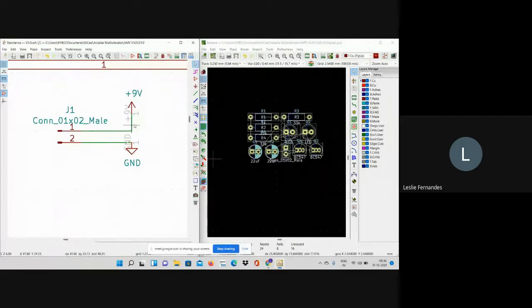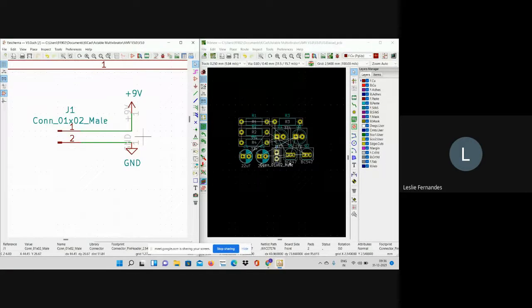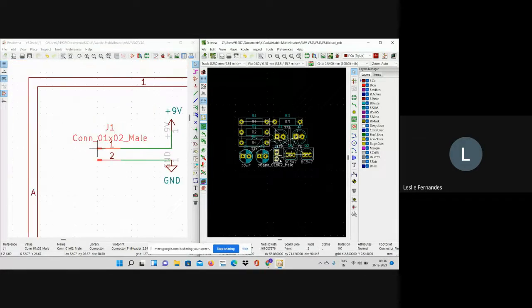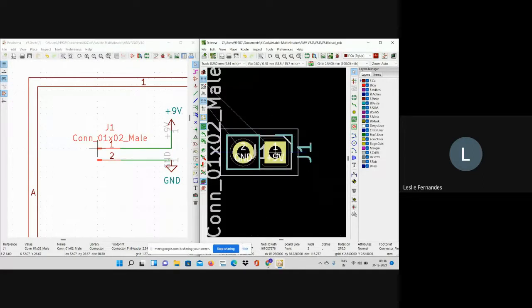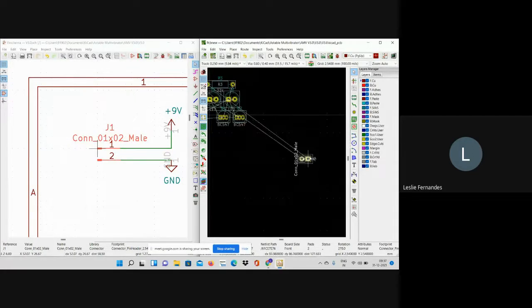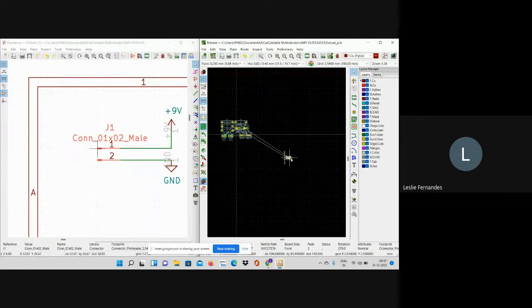I'll just click on it. If you click over here, this thing will get highlighted over here. So now I'll click here. I understood which component it is. I will press move, and I'll bring it into position. I will say R and bring it into position. I'll do it in such a way that I want the second terminal to the left.